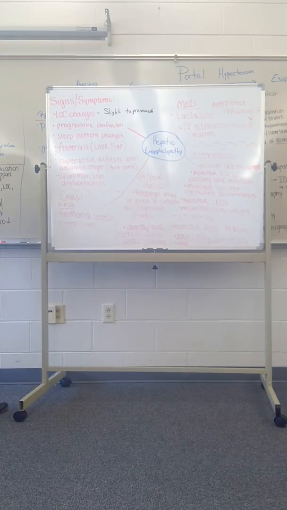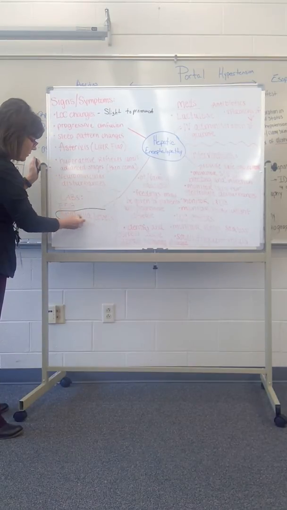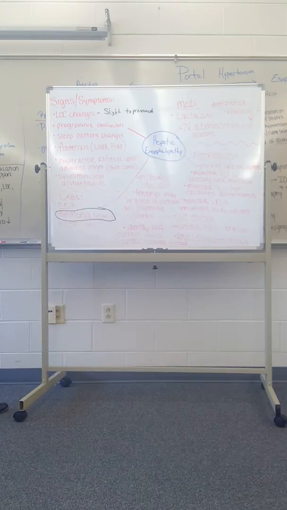The big thing here to determine hepatic encephalopathy are your signs and symptoms, and you can do ammonia levels, an EEG, but most of the time they're going to have brain activity. They may not, but most of the time they have brain activity. It's just that too much ammonia has gone to the brain and it's caused them to be unconscious.